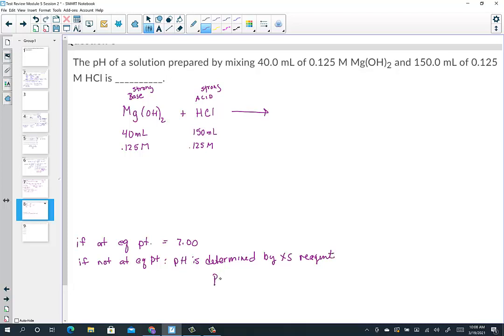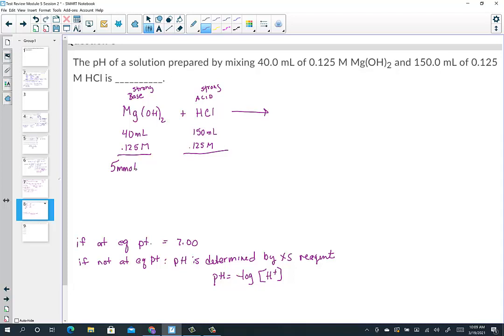Right? And so we would need to know the pH as the negative log of the molarity of hydrogen ion. All right, so that's our goal. Well, let's see what we have to start with. 40 times 0.125 is 5. So I have 5 millimoles of the base,